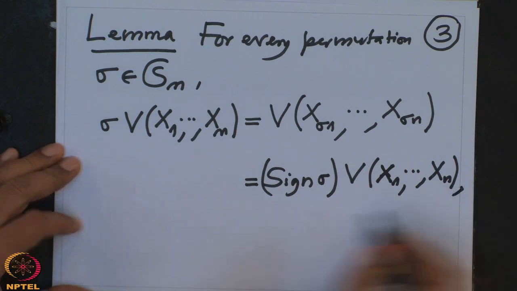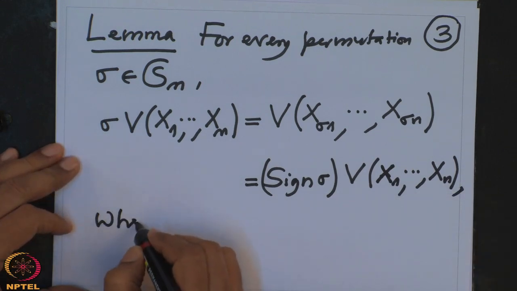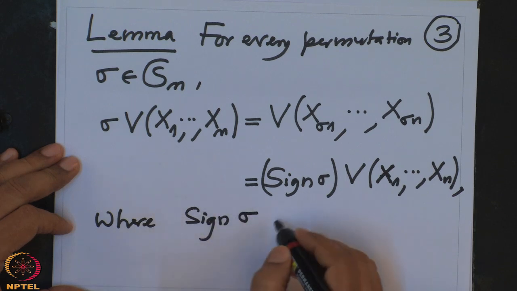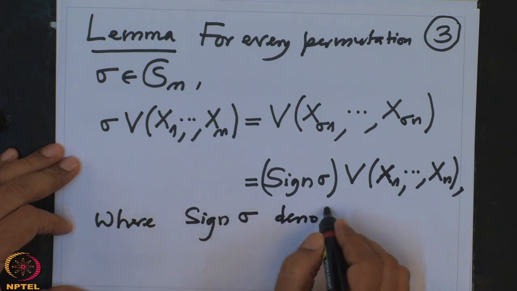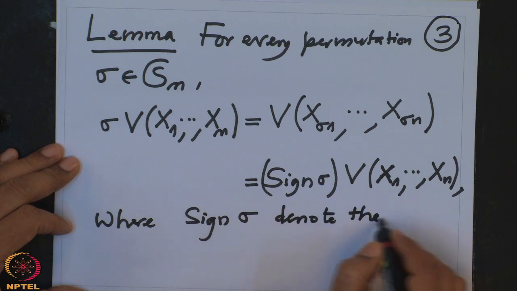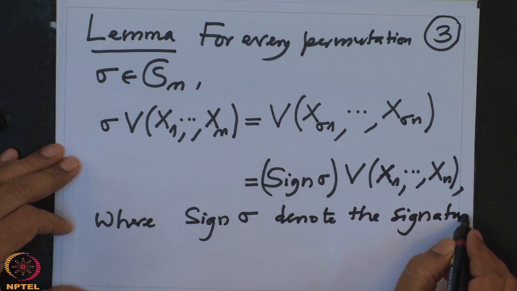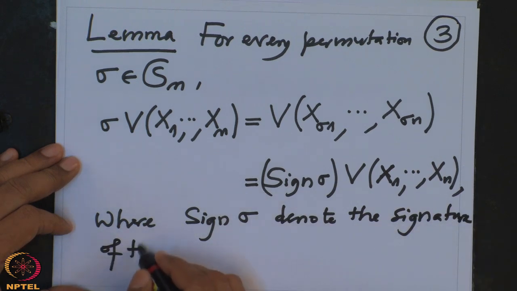Where sine of sigma denotes the signature of the permutation